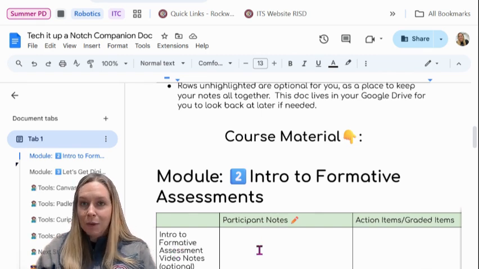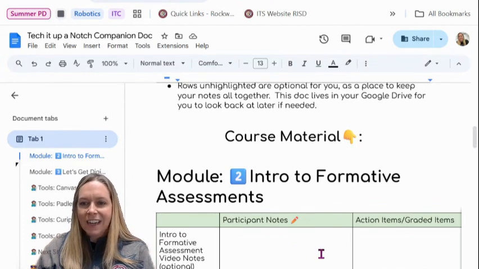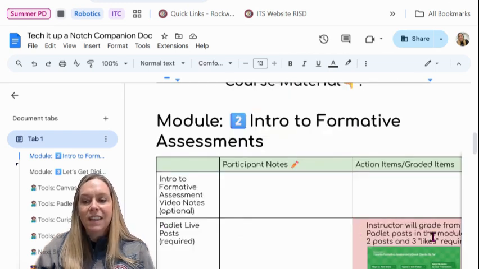a place for you to put participant notes. This area is not graded. It is just for you to take notes for anything that you'd like to remember or try in August. And you see action items. Sometimes those action items that will be graded are blank and there's nothing for that section. Other times you'll see that they're red and it tells you exactly what I'm looking for to give you credit